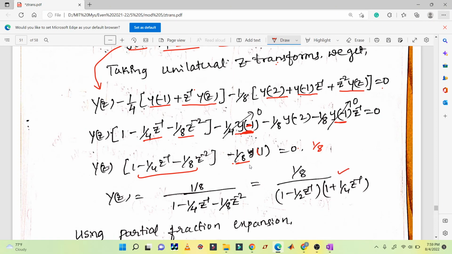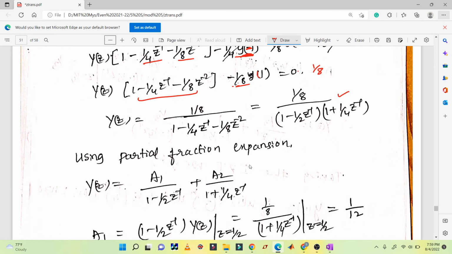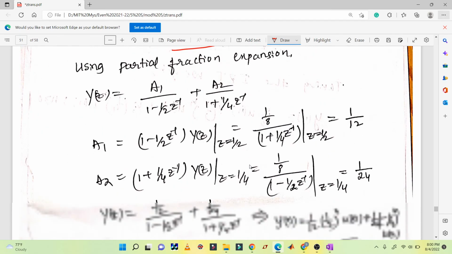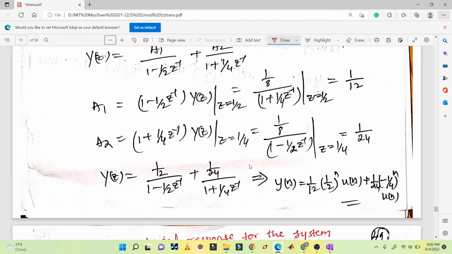Now you know how to go with the partial fractions. 1 minus 1/4 Z inverse minus 1/8 Z inverse square is split as 1 minus 1/2 Z inverse times 1 plus 1/4 Z inverse. For this, A1 and A2 we need to calculate. That is shown here, and it would be 1 by 12 and 1 by 24, and final y of n will be